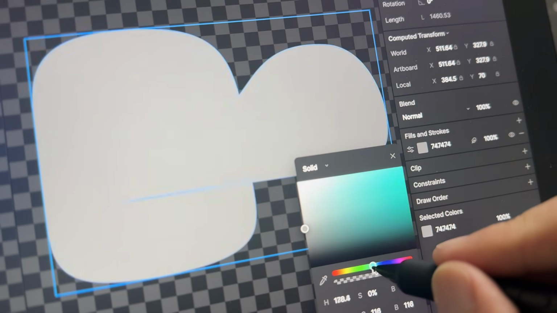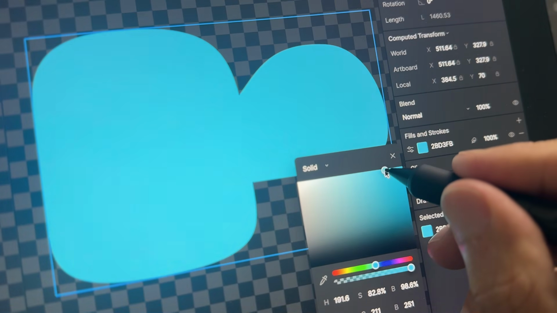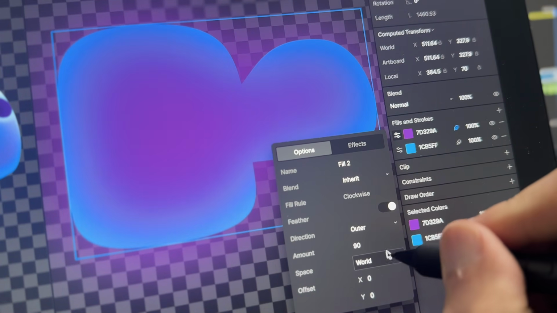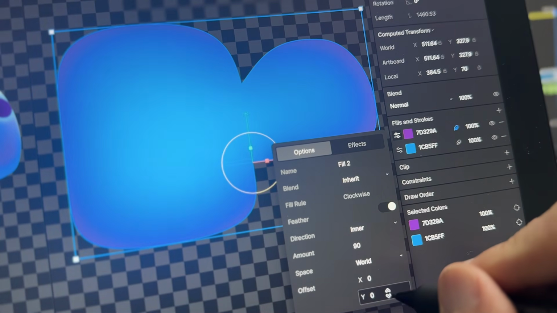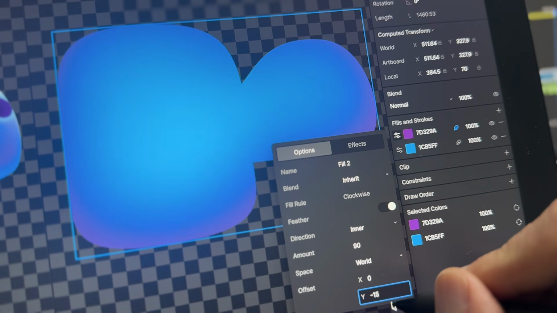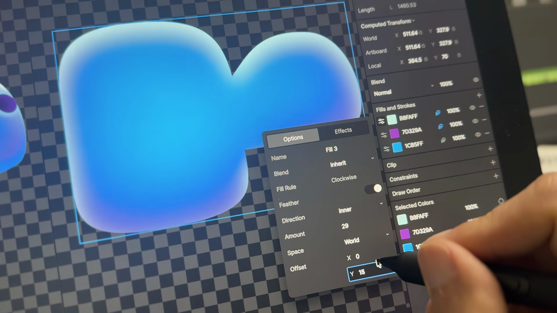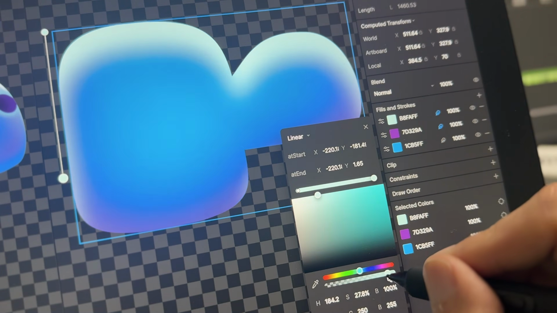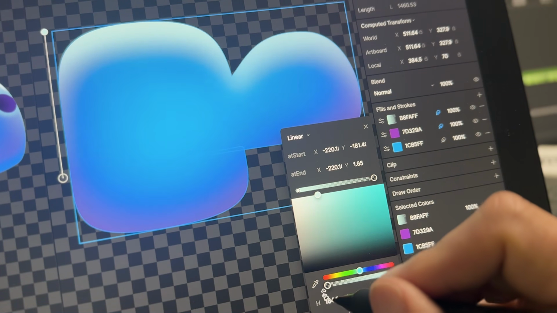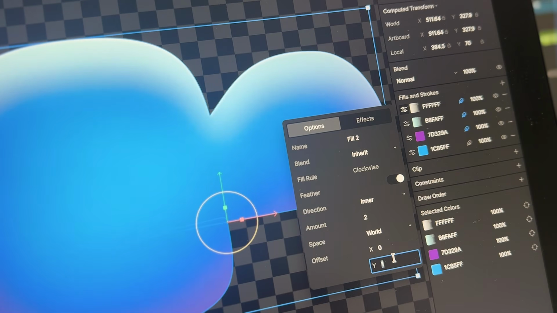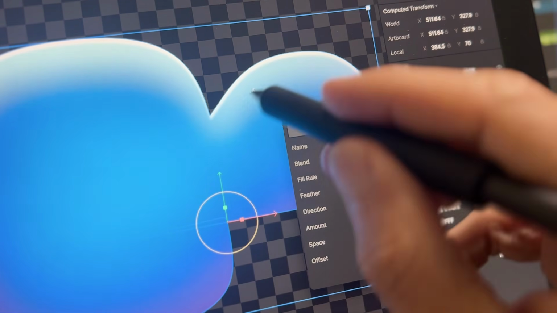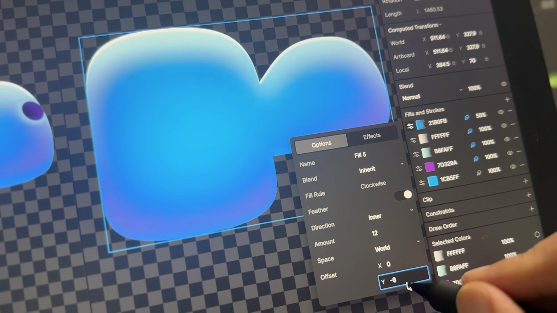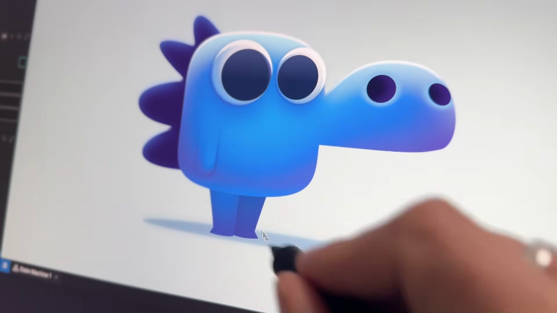For example, for the body, I started with a basic blue color. Then, in another fill, with a purple color, I create a basic volume using feathering with the inner direction, and using the white offset to move the light on top. Then I added a direct top light to define the shape, using an inner feathering and a gradient to only affect the top part. In a new fill, a ring light to define the light on this part. And finally, for the bottom part of the body, I added bouncing lights from the ground to integrate it better